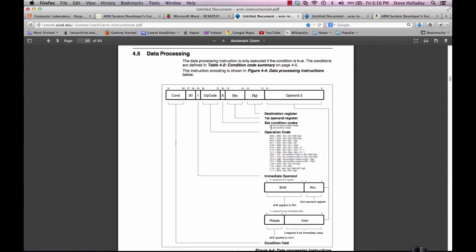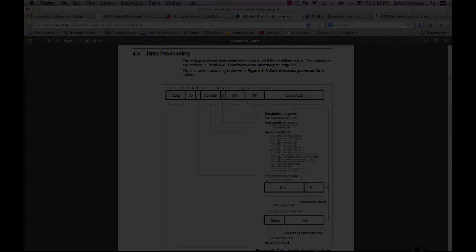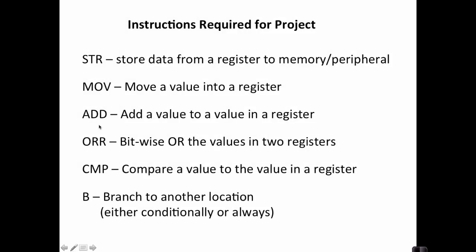But the one thing that varies a little bit with the compare instruction is here in the set condition codes. Here, you do want to set the condition codes in the CPSR register. So you'll want to have this S bit set to a 1. So when you compare your counter register to a constant value, if they're not equal, then the appropriate flags will be set, and then your branch on the not equal condition will allow you to stay in that loop until your counter is equal to operand 2 here. So now we've covered all of these instructions. All 6 of these instructions are everything we need to know to be able to actually create the blinking LED